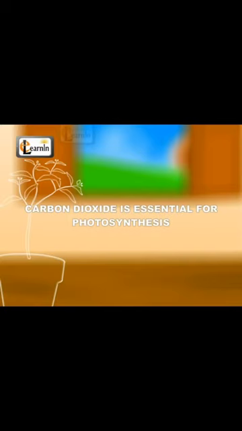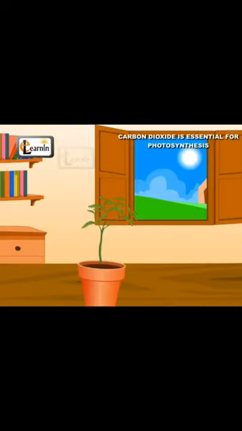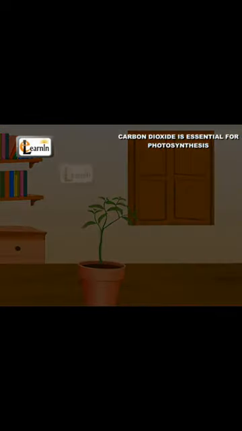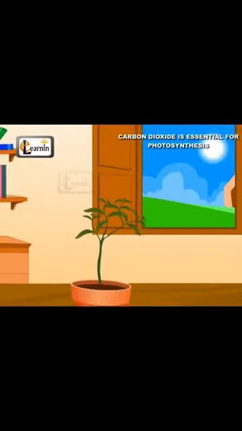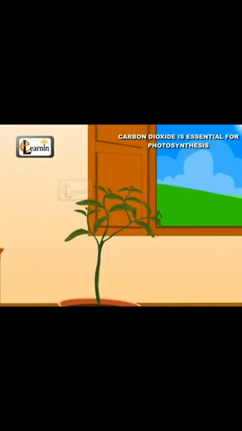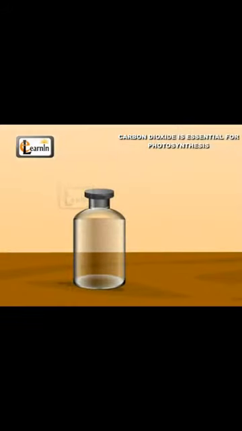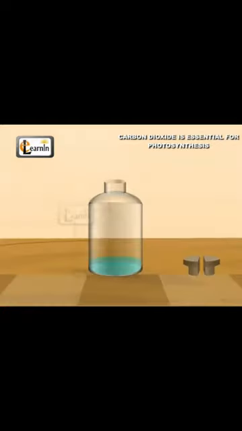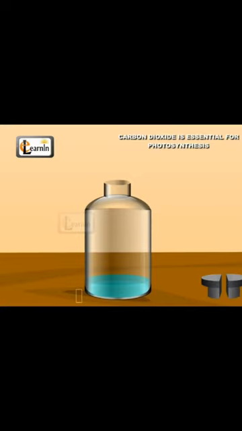Here is a small activity that will demonstrate that carbon dioxide is essential for the process of photosynthesis. Select a potted, healthy plant with long and narrow leaves. Keep it in the dark for 2 or 3 days. This will ensure that the leaves are free from starch. Now, take a wide-mouthed glass bottle with a cork to close the mouth of the bottle. Split the cork vertically. On the day of the experiment, take 5 to 10 milliliters of potassium hydroxide solution in the bottle. Potassium hydroxide absorbs the carbon dioxide present in the bottle.